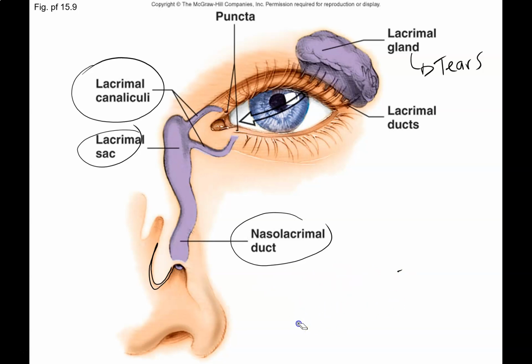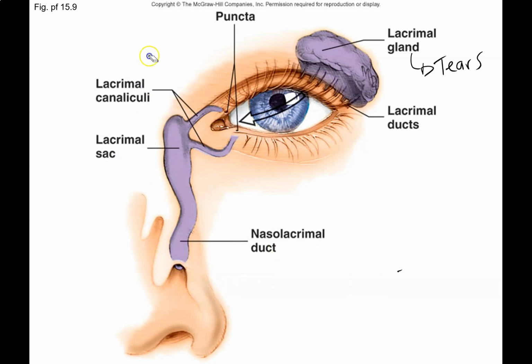If we can just go back and elaborate on these structures and talk a little bit about the function. The lacrimal gland is about the size of an almond. It's associated with the upper lateral portion of your eye, right? It produces watery secretions known as tears, which is mostly water, but also contains enzymes that have antimicrobial qualities. What happens is those secretions,